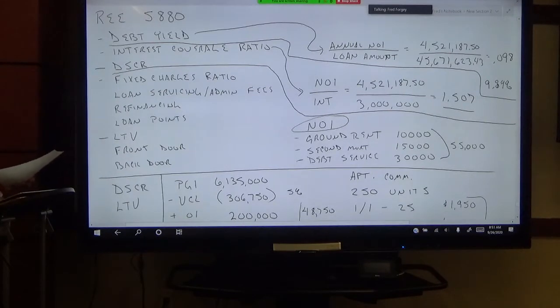So let's say that our net operating income is 150,000. So if we took 150,000 divided by 55,000,